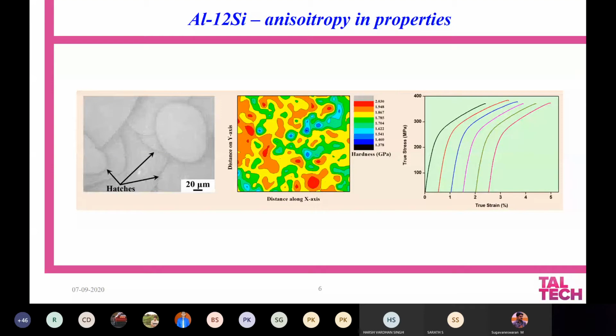But the most interesting thing I'm showing here is through hardness measurement. You might have already known how to measure the hardness of a material. So it is the resistance to deformation or resistance to indentation, however we can call it. So people have tried here with nano indentation, nano hardness. So you use a nano indenter and try to measure the hardness. There are several points where they try to measure the hardness and they map the whole area, and you can see the hardness is not uniform. Depending upon the changes in the color, the hardness is changing, and you can see there is this kind of anisotropy.